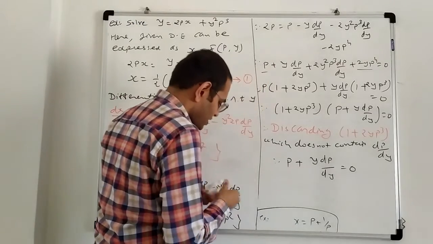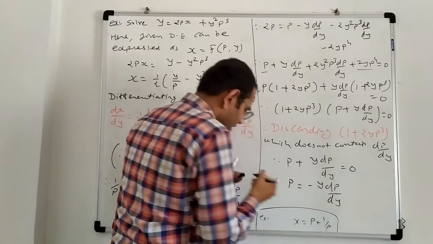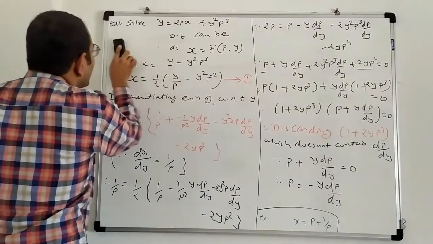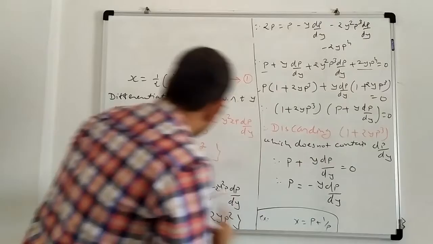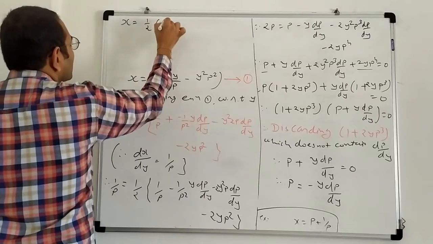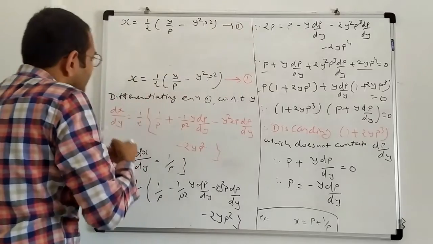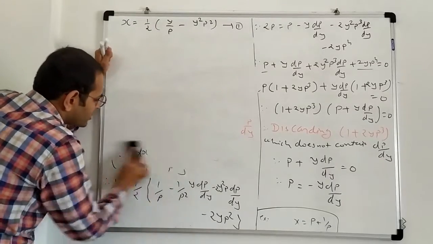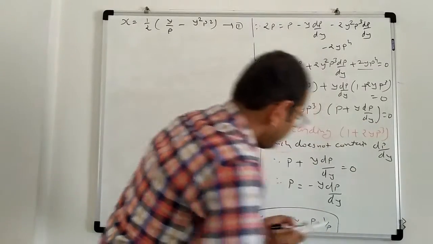We solve this equation, meaning p equal to minus dp by dy. We require this equation at the end of the example. Then I write this equation at the top of the board for further use, which is required at the end of the example. Due to insufficient space, now